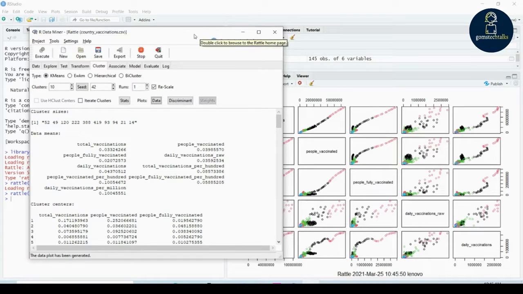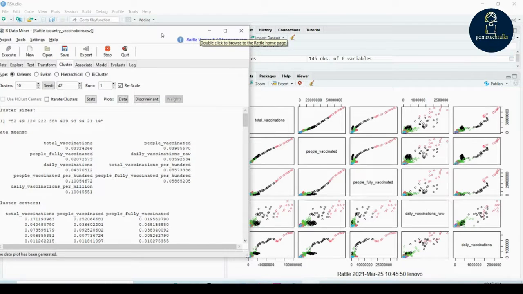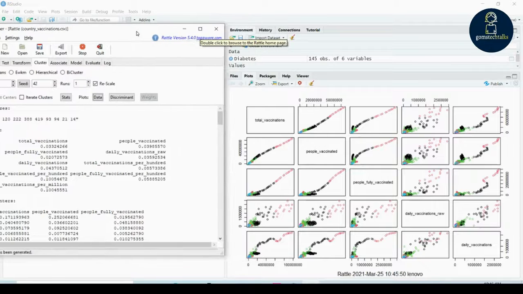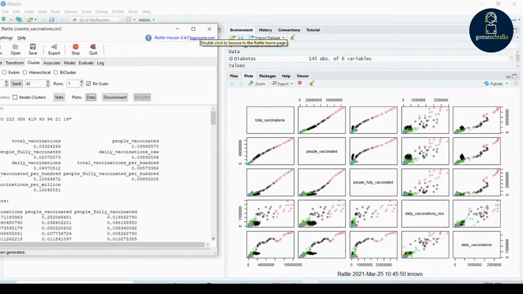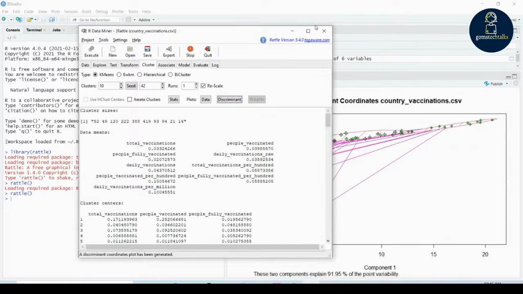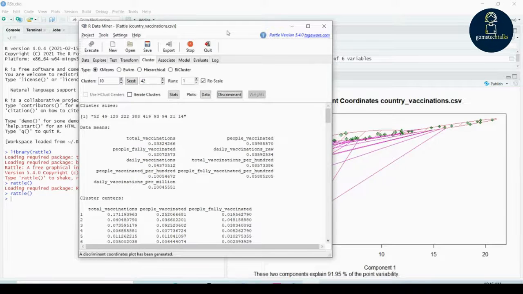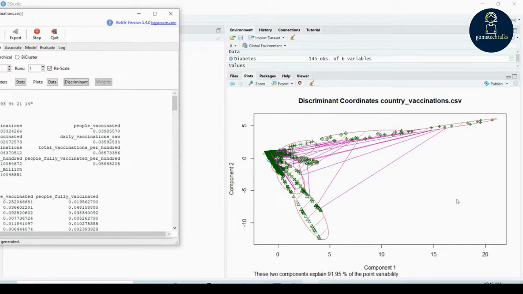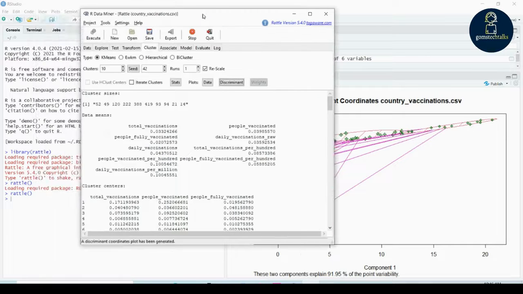Always expect graphs and visualizations to be generated in RStudio, so you have to look there. If you want to see the discriminant plot, that is also generated. So this is about k-means clustering.